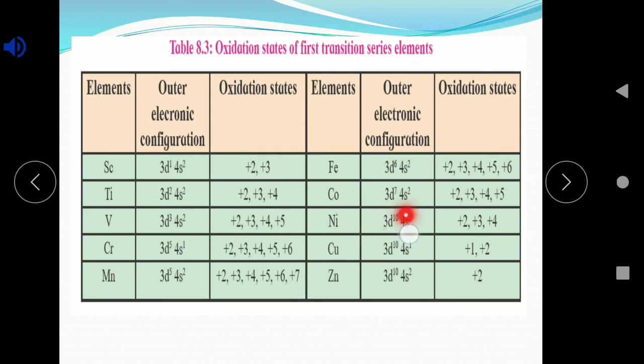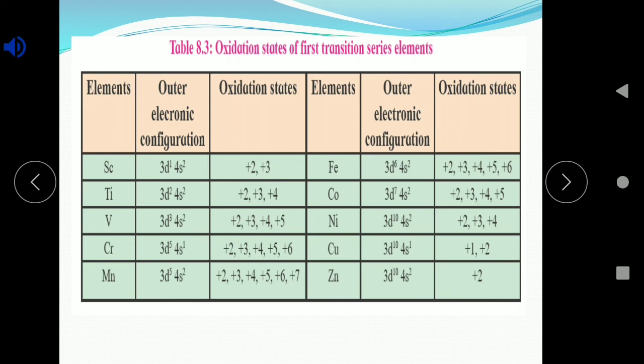Now cobalt, one more electron is added and it will occupy the second orbital of subshell 3d, and hence it has 3 unpaired electrons in d and 2 in 4s. So that means maximum plus 5. Like that, when we come to zinc, it shows only one because 3d is fulfilled. All the sub-orbitals are paired. They have paired electrons, and